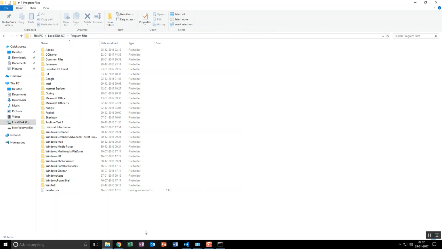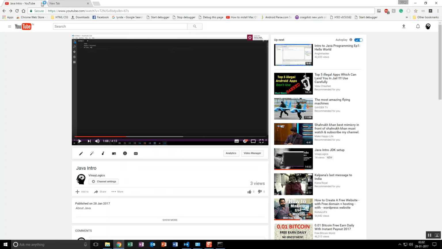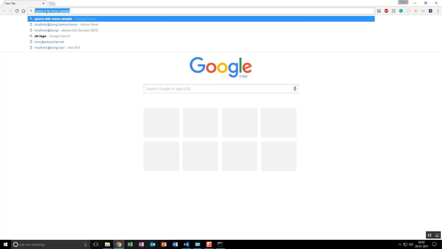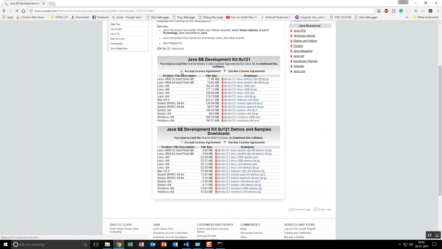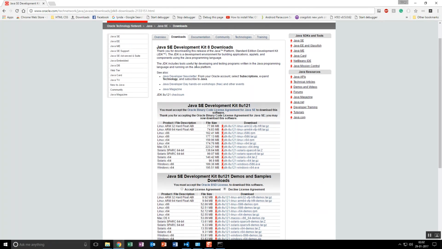So you have to go to the JDK site. Type JDK in the Google browser. You will go to an Oracle site. On the Oracle site, you have to download the file, where it will ask you to accept the license agreement, since it is by Oracle, and you need to download the one specific to your OS.